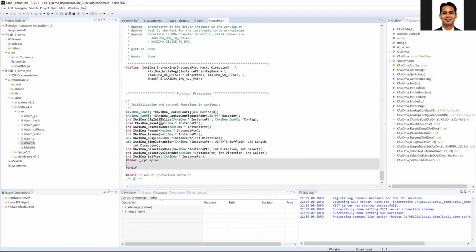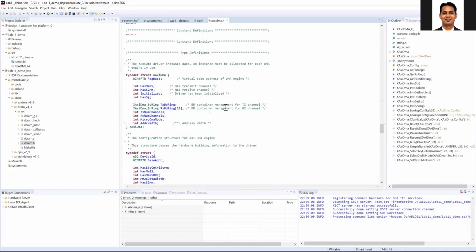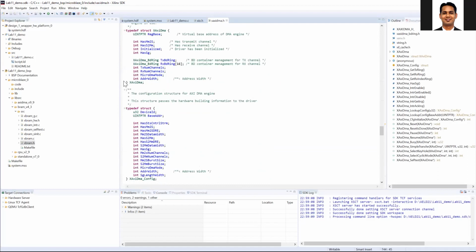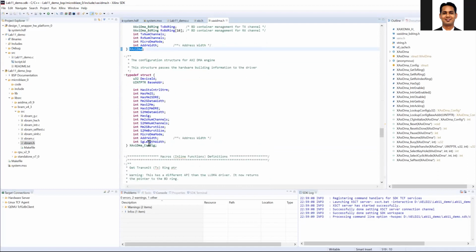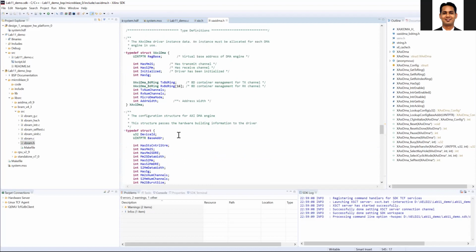Here you can see that for the DMA, there are two structures, so we need to initialize two structures. One is the DMA structure and one is the configuration structure. Each one has a different set of information. If you want to know more, you can look into the corresponding datasheet. Here we are going to use only simple DMA. We are not going to use scatter gather, so our things are much simpler.